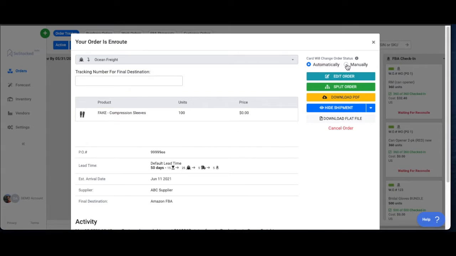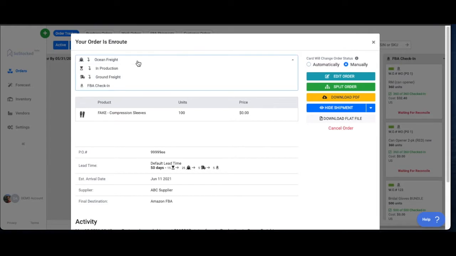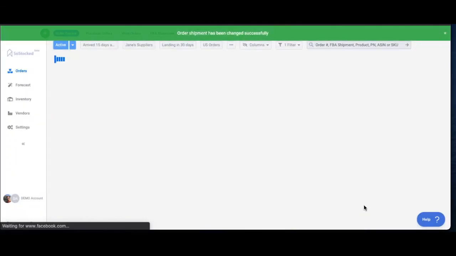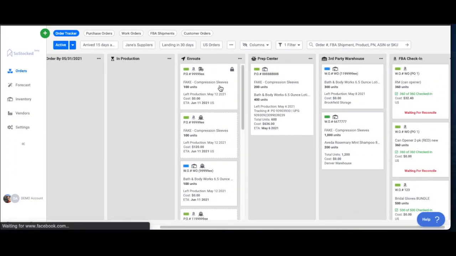But if you change this to manual mode, what happens is this drop-down menu appears. You can use this drop-down menu to manually change the status of the shipment from each of its individual statuses, right? So I could change it to ground freight today, and then I could click save, and let's look what happens. So now we notice that the same shipment shows that it's in ground freight status, and it now has